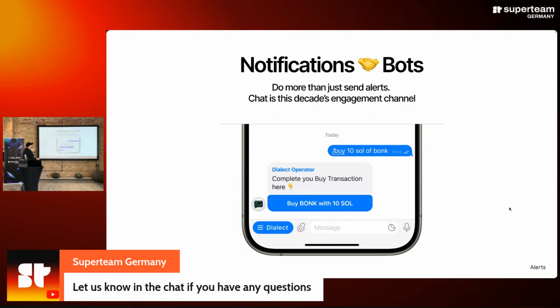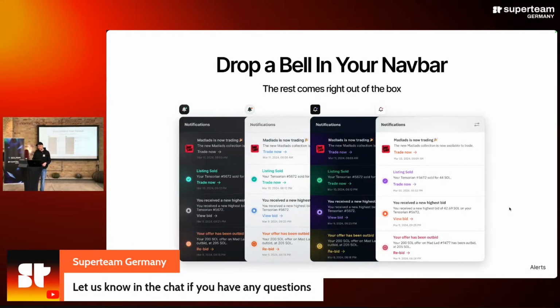And as I said, we have bots for this on Telegram, so it's super easy for you to send notifications via Telegram. Also, what was very important for the team, so therefore I mentioned it already, this thing is highly customizable. So these are 4 different ways you can customize. But if you want to see how this thing can be customized, you can go, for example, to Tensor. You click on the notification bell. You see their nice